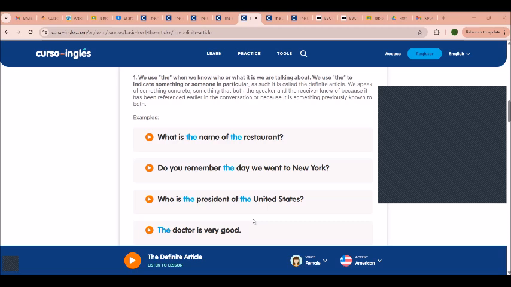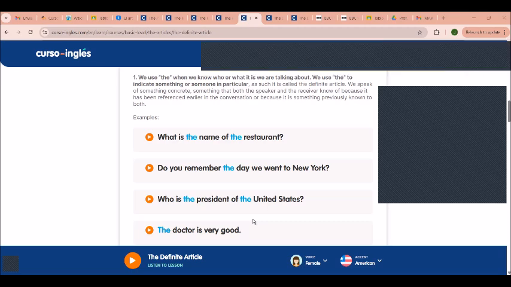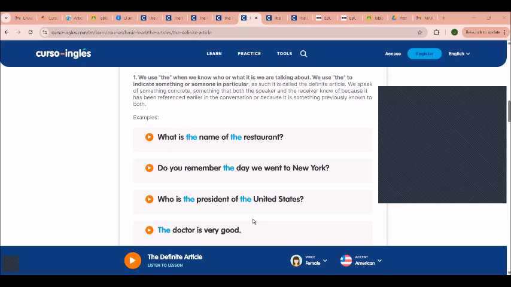We speak of something concrete, something that the speaker and the receiver both know, because it has been referenced earlier in the conversation or because it is something previously known. For example,